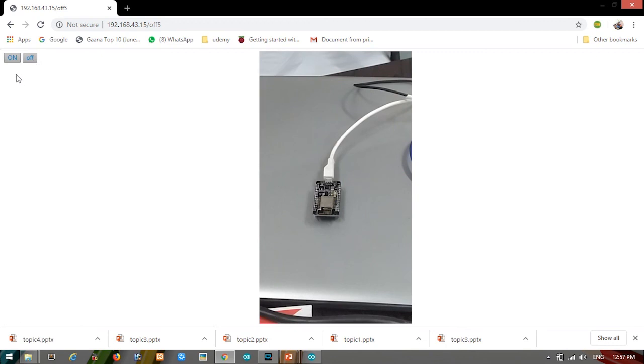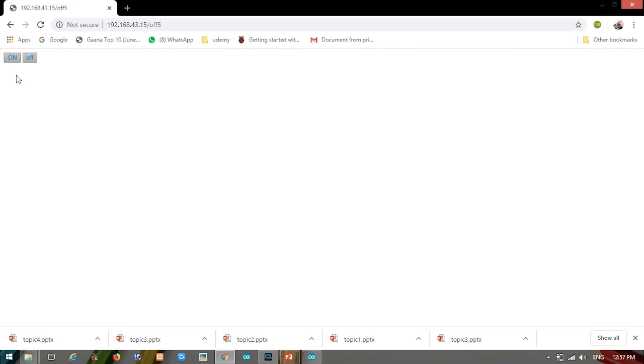So here we come to the end of today's session. In this we have learned how to control our device through the server and how to fetch data from the server and use it in our device. So we have controlled an LED over here. Now we will move forward with home automation in the next video.